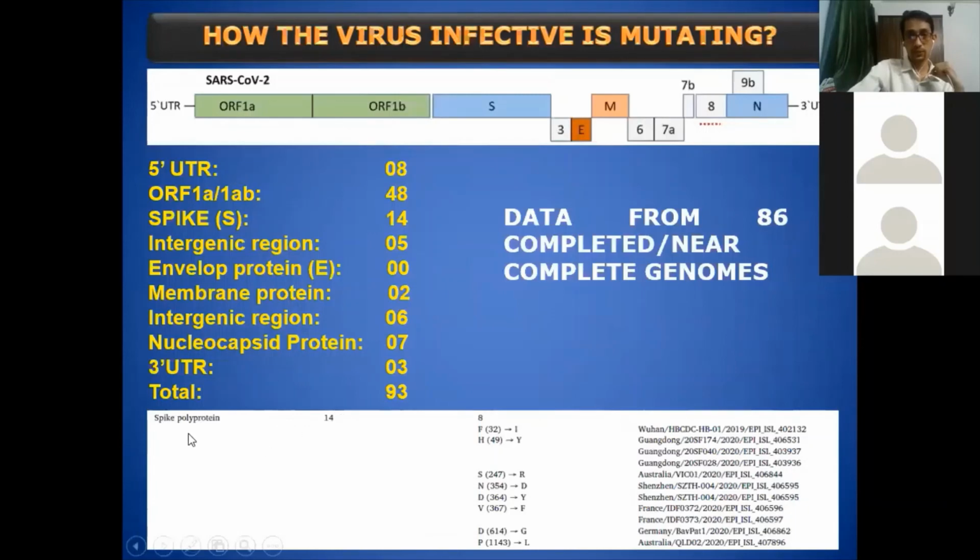The same data is shown here. And this is the general structure of the viral genome again. As you can see, the spike is the most mutating region, with around 14 mutations observed in a small region of 3.8 kb. It is 186, I think,